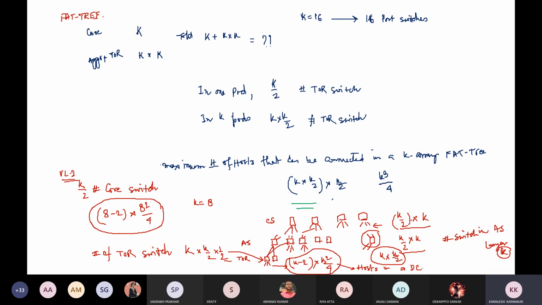Sorry, k square by 2. So if we calculate, this value will be k cube by 4 minus k square by 2. Okay, so this is basically the network structure which we are using for designing a fat-tree network topology or PL2 network topology.